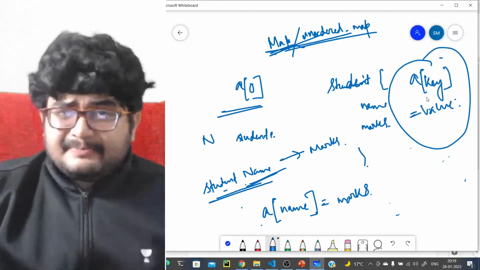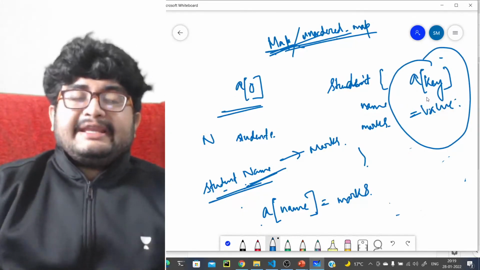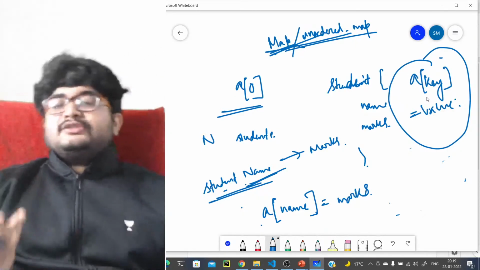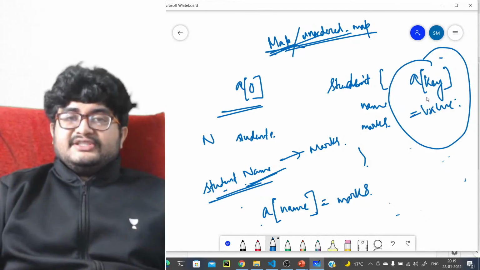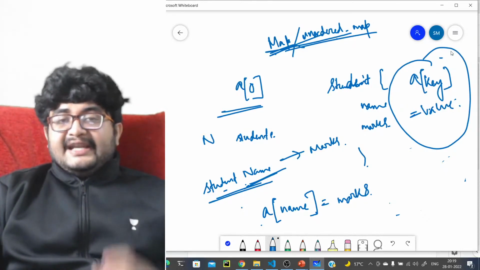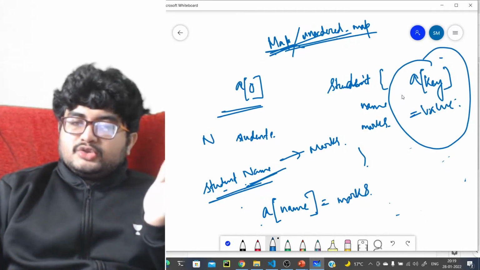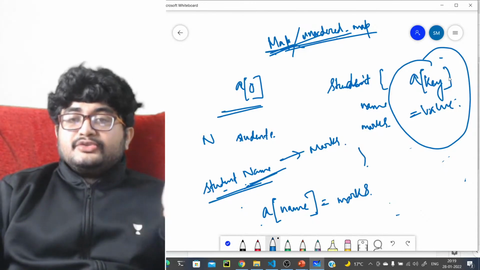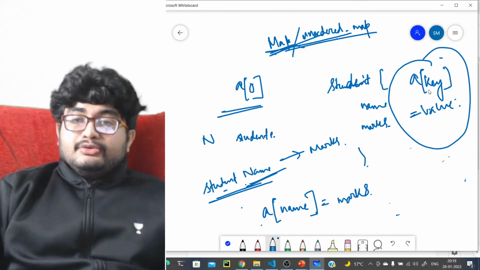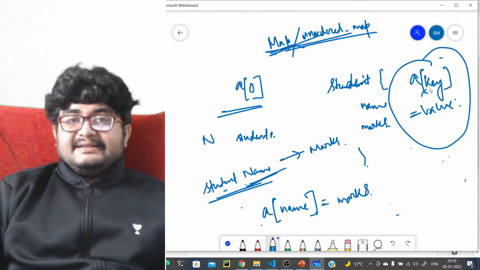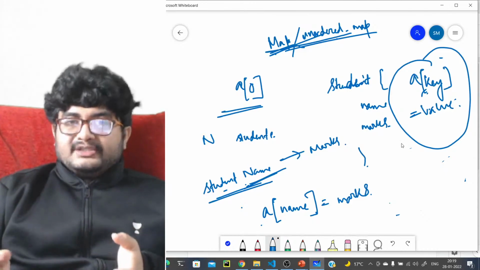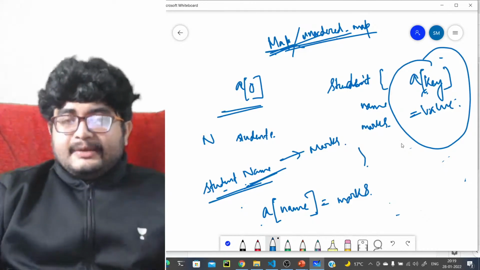If you have some problem where, given the student name, you have to find the total score of the student, or those things, definitely you cannot store the names as indexes. So you should use a map so that you can use the names as the keys, right? So that's a key value pair store. That's basically why we need maps.